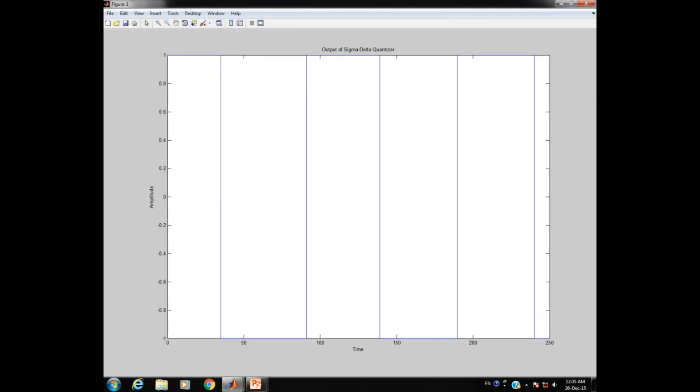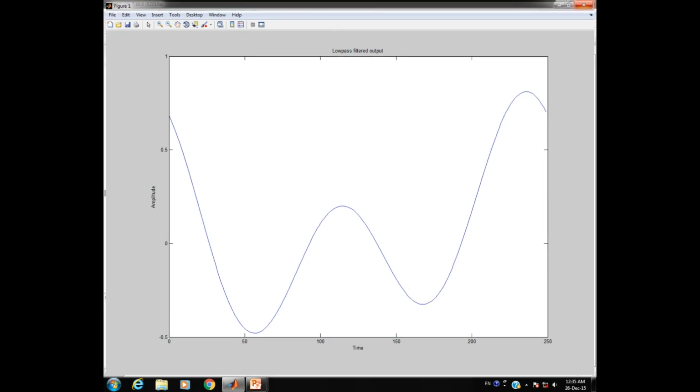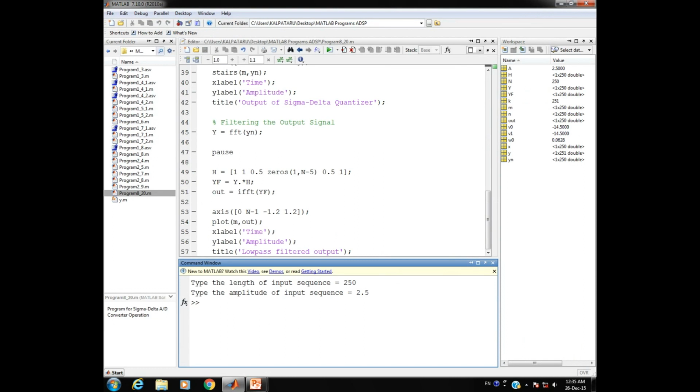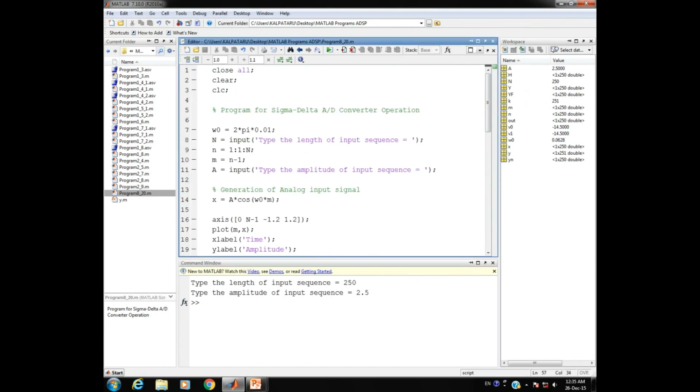After pressing any key, you see the corresponding output of the sigma delta quantizer displayed, and again hitting any key, you see the low pass filtered output signal. So this is the implementation of the concept of sigma delta A to D conversion operation.